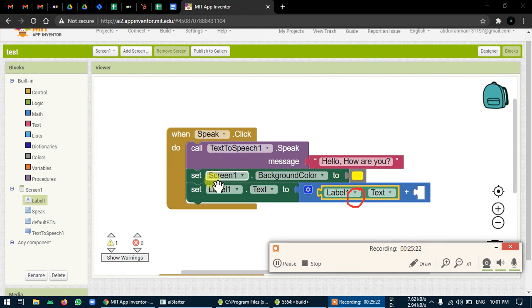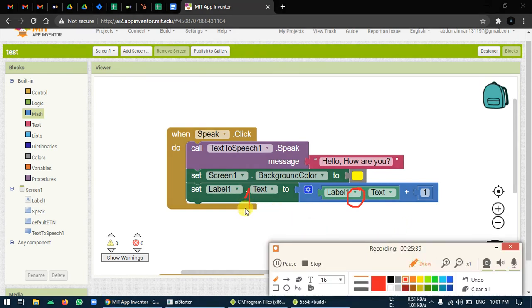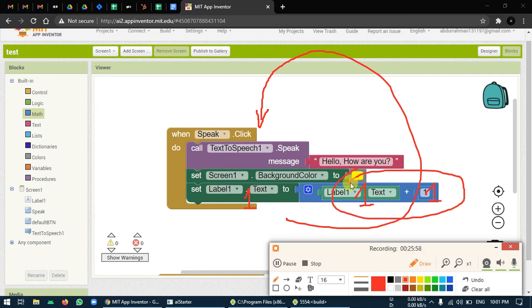Now each time I click, this all block will execute one by one. Each time I must add a number on that 0. 0 plus 1, 1. Next time the value of this label will be 1. Again if I click on start button, this time, because this value is 1 and this value is again also 1, it will be 1 plus 1. So it will just put this entire 1 plus 1, the result, into this text. So next time it will be 2.